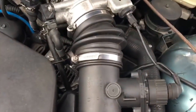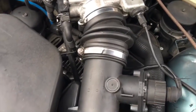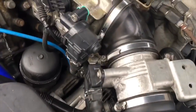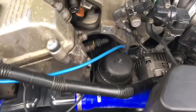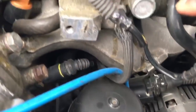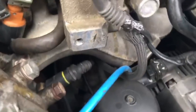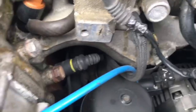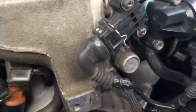So when you're trying to diagnose lean codes, stuff like that, you want to start with the intake boots and work your way up pretty much. You want to start with all the fuel trim lines, such as this one right here. See if I can point it for you guys. There is a line here that's connected to the intake,